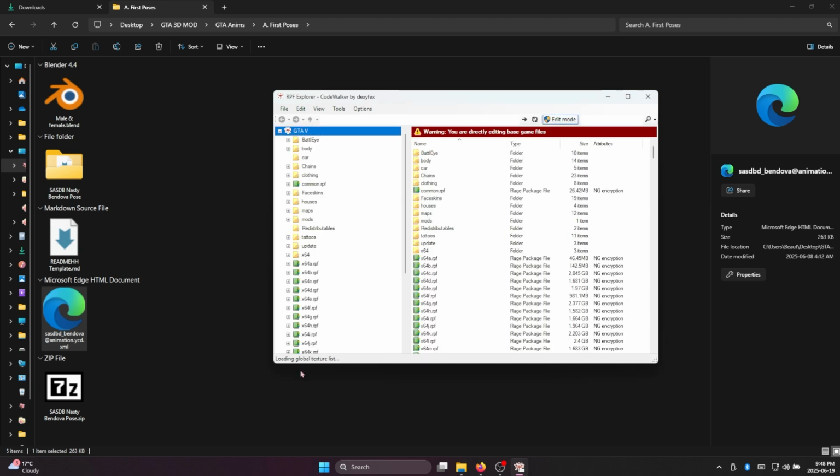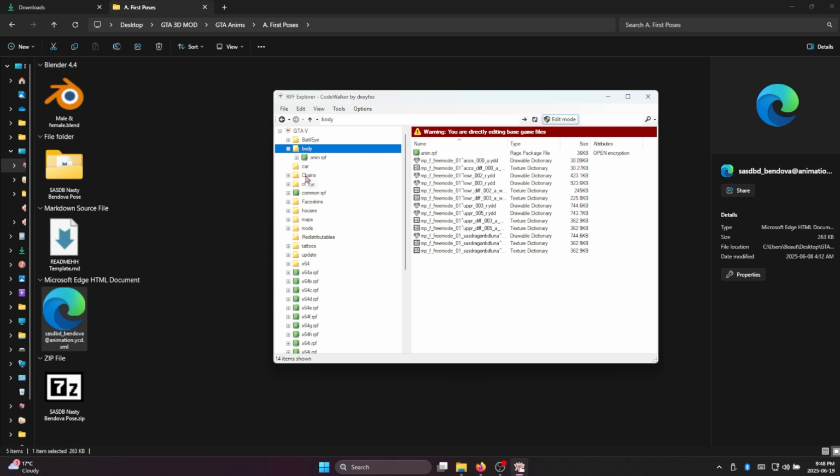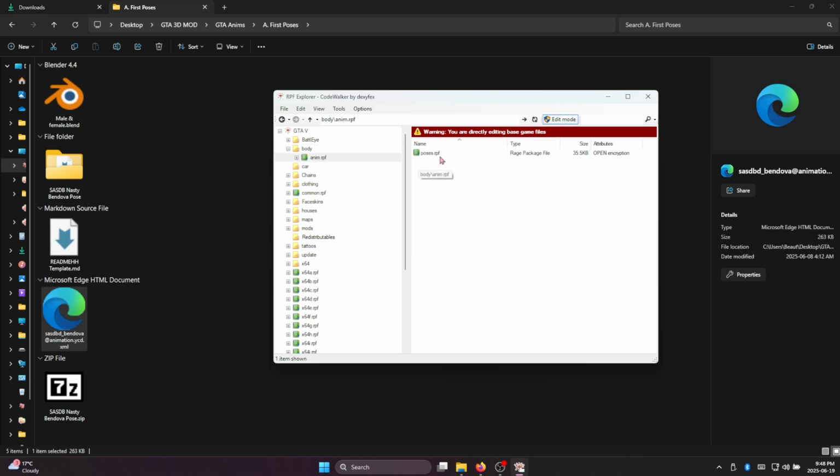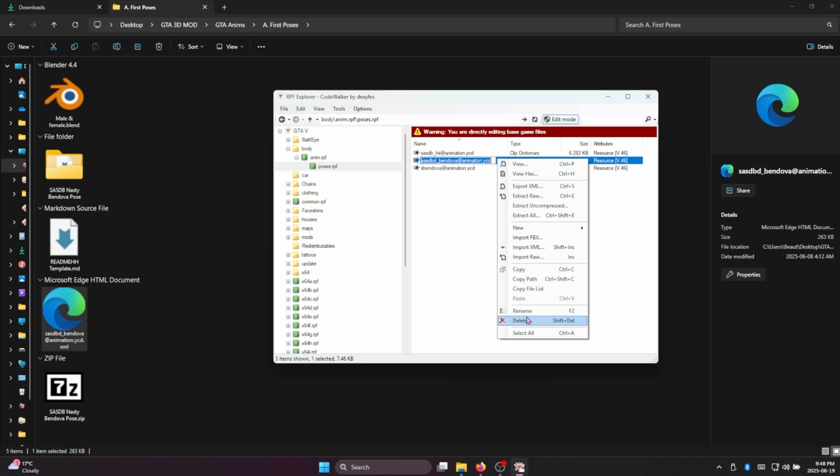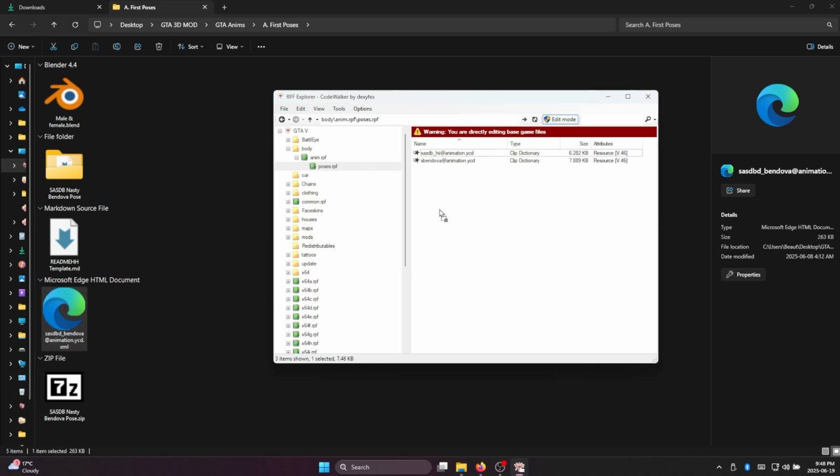So you need to put it in an RPF dictionary. You can put it in one of the existing ones, but I personally just made one in my own folder in OpenIV. So you can see right there, it's called anim RPF, and inside of this I have another folder. You don't have to double it up, I don't think, but I like to. As you can see, I already have it in there, so I'm just going to delete it for this purpose. Just right click and delete,